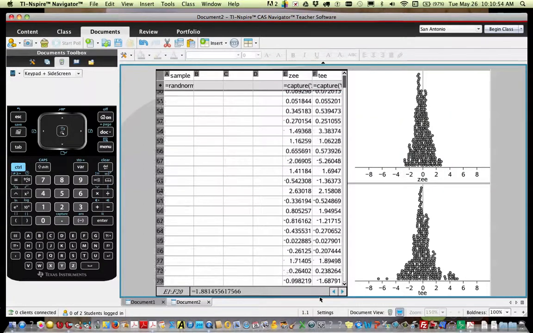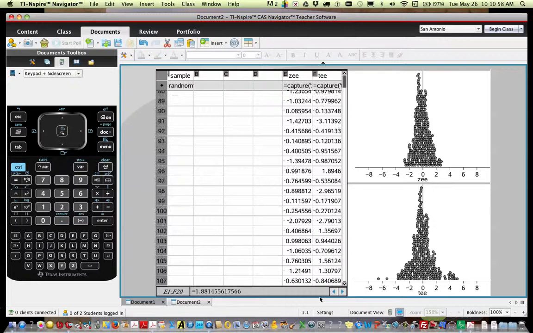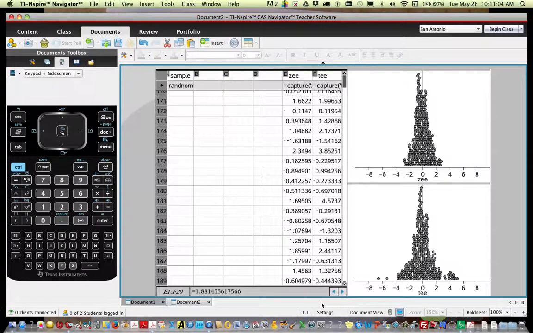But now what I want to do is start generating these values again, and I got to get rid of the ones that are here first. I maybe shouldn't have done so many here. Oh well. All right, come on.